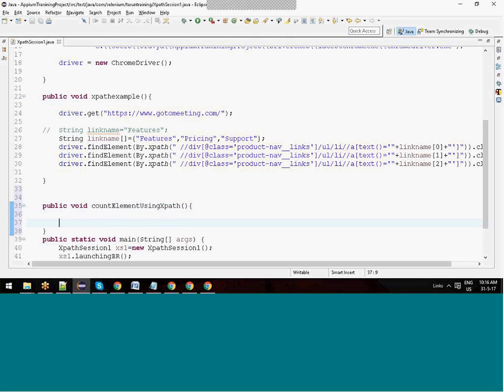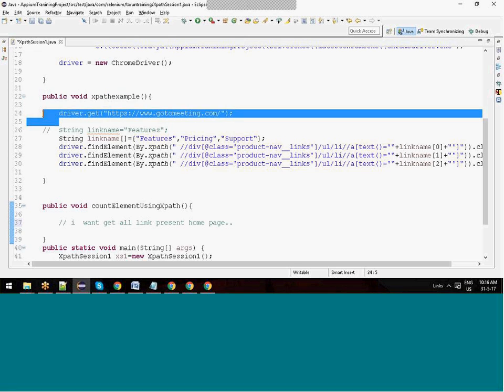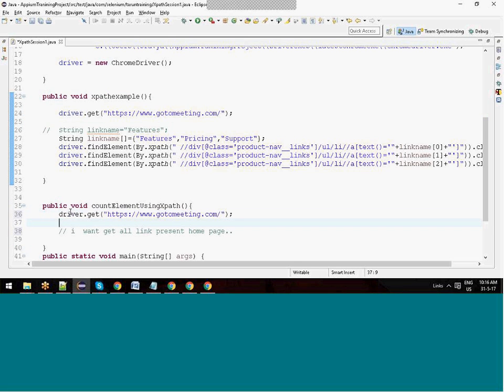What exactly it means is, suppose all the links in the page. Okay, I want to get the links printed in the home page. I will click to see that. First we will find out and later on we will click. Okay, so for that,